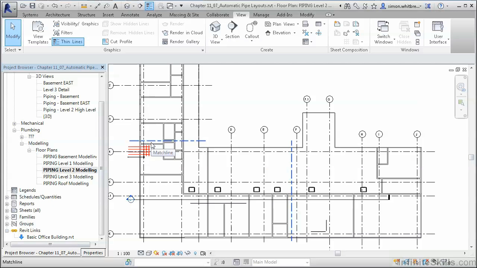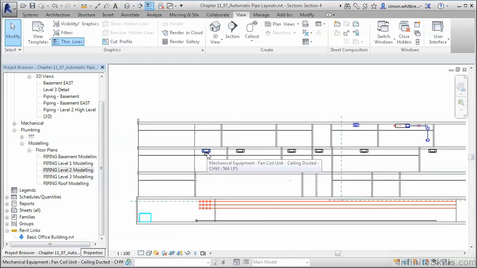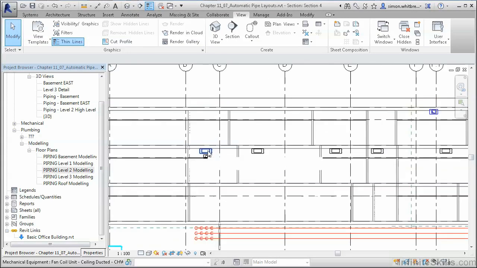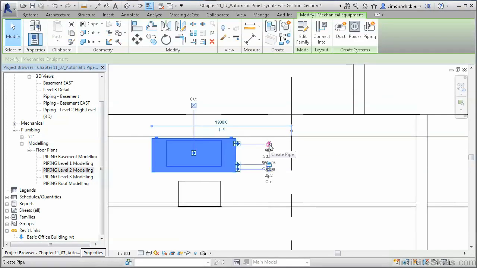In this exercise, open the file from the Chapter 11 folder called Chapter 11 07 Automatic Pipe Layouts. You should already be in the Piping Level 2 Modelling floor plan, but we don't want to start here. Where I want to start is in the section. Double-click on the section head shown in the plan. This shows us the fan coil units mounted on the underside of the slab of Level 3. Scroll into one of them, select the fan coil unit, and then click on one of the highest shortcuts to create a pipe,